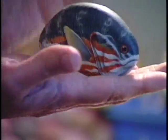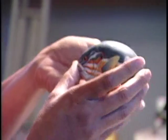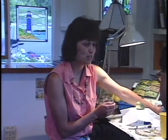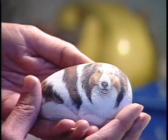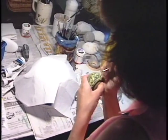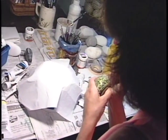And see, it's a flat stone, but it's sat upright, and it was a fun fish. I haven't done many fish, so this was kind of a challenge. I've done turtles, I've done birds, many birds. I do people's pets too. I do their dogs and cats from photos, and that's fun too, because then they have their own little pet they can hold in their hand. Well, I've done almost every kind of animal, but I do more or less stick to the ones that you